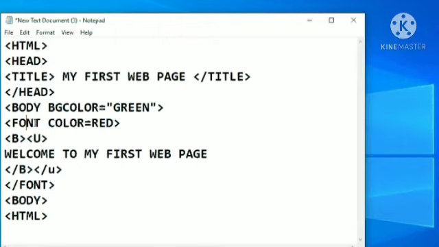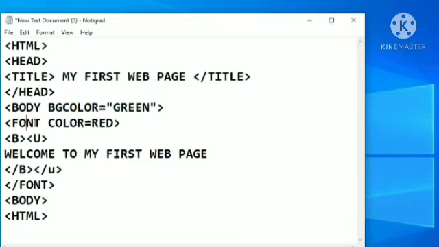We can explain it with one example. Write an HTML code to display the heading as My First Web Page, and the body content as Welcome to my web page, and set its attributes bold and underline it.